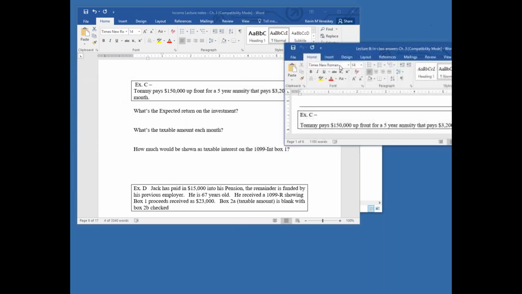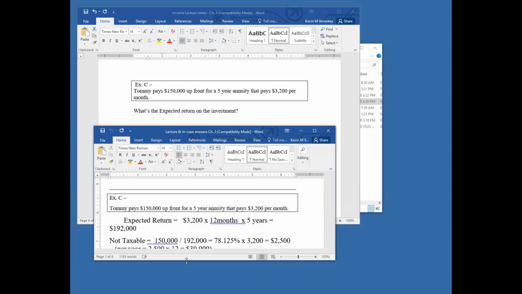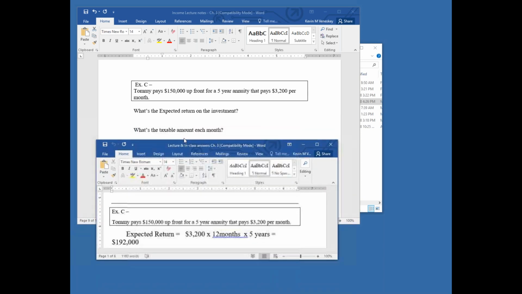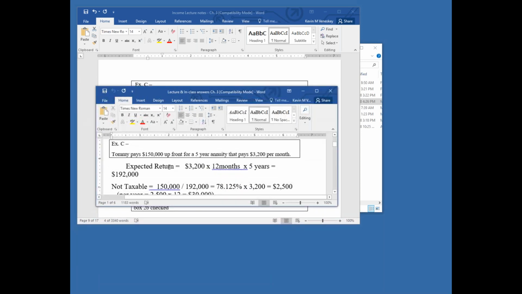Okay, so the first part says, what is the expected return on the investment? I know how much I'm going to get. I'm going to get $3,200 per month over 5 years. So I can take 3,200 times 60 months. That's probably the easiest way. And that tells me I'm going to get $192,000. If I put in 150 up front, then I can determine that exclusion ratio. That's the next thing I need to do before I can figure out how much is taxable each month. So 150 divided by 192,